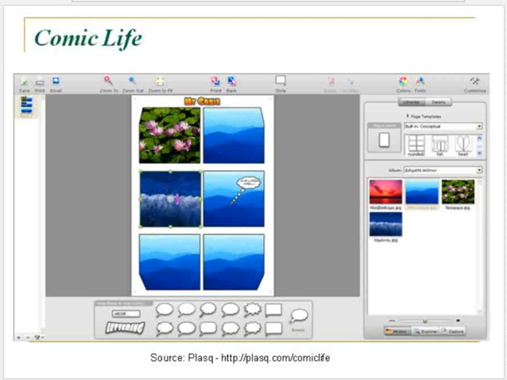So the idea is that you have a panel. As you can see here, we have 6 panels, and you import in each panel one image. Any image that you want, either from the gallery or a picture from your life. This is why it's called Comic Life. And then you add various